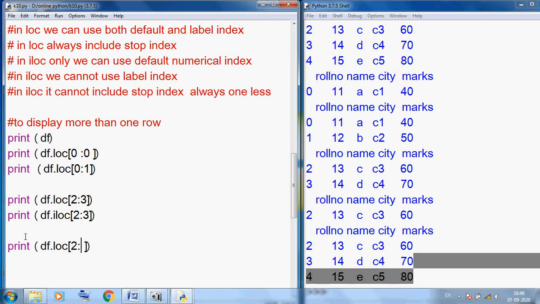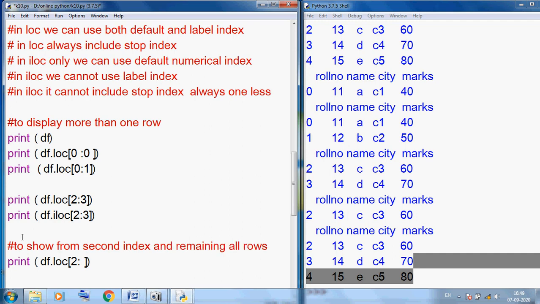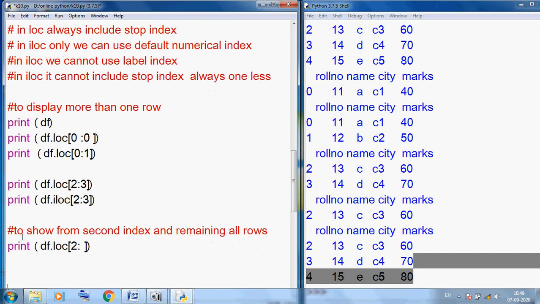We can do the same for iloc: print df.iloc, 2 colon, with no stop specified.